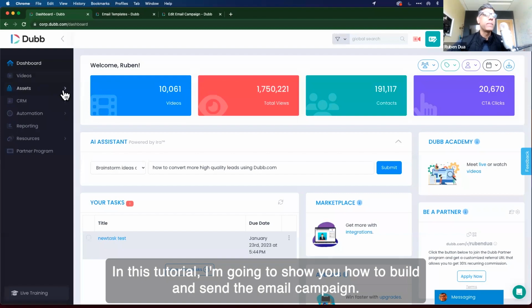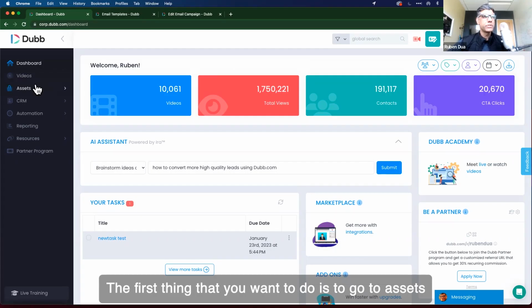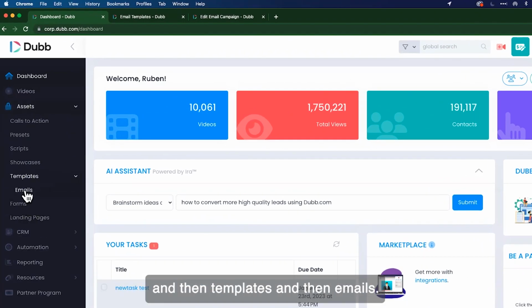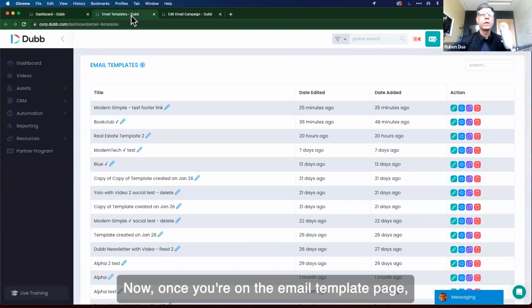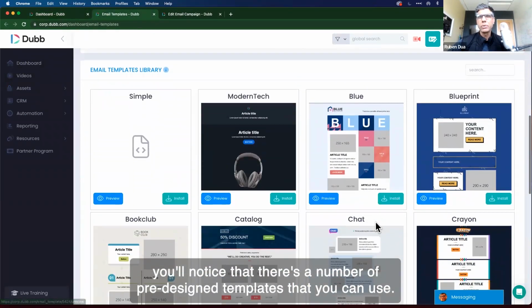In this tutorial, I'm going to show you how to build and send an email campaign. The first thing that you'll want to do is to go to Assets, and then Templates, and then Emails. Now, once you're on the email template page, you'll notice that there's a number of pre-designed templates that you can